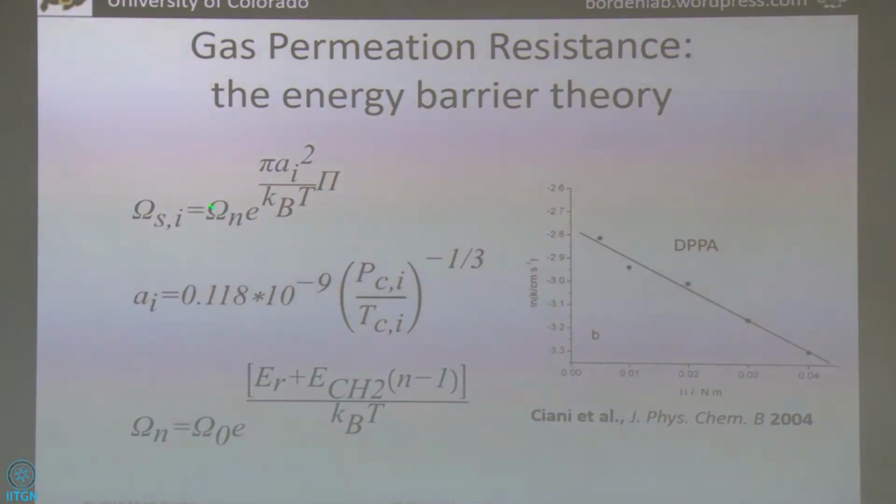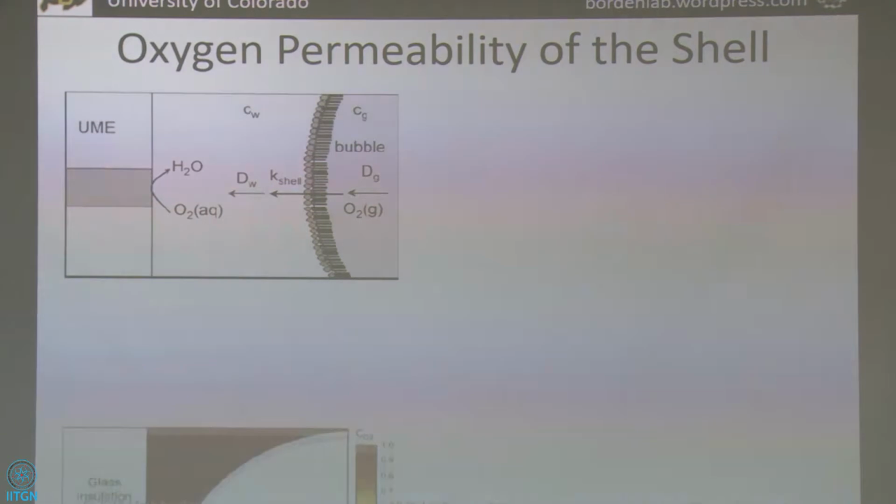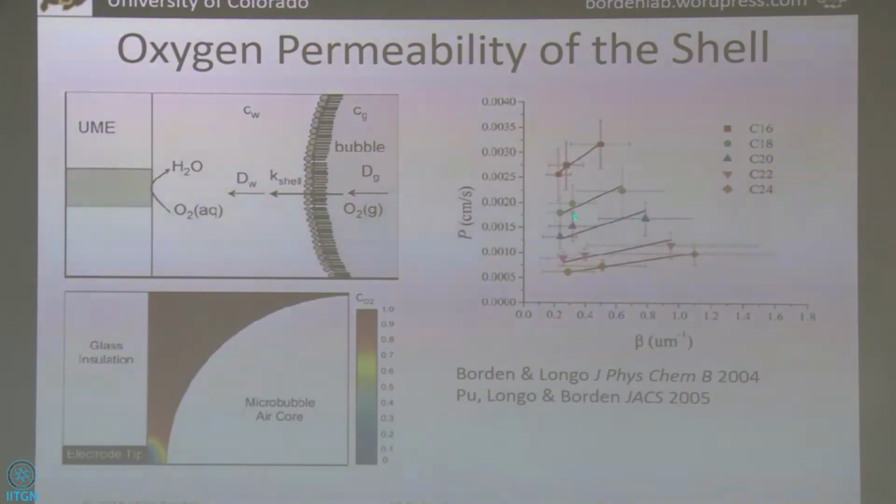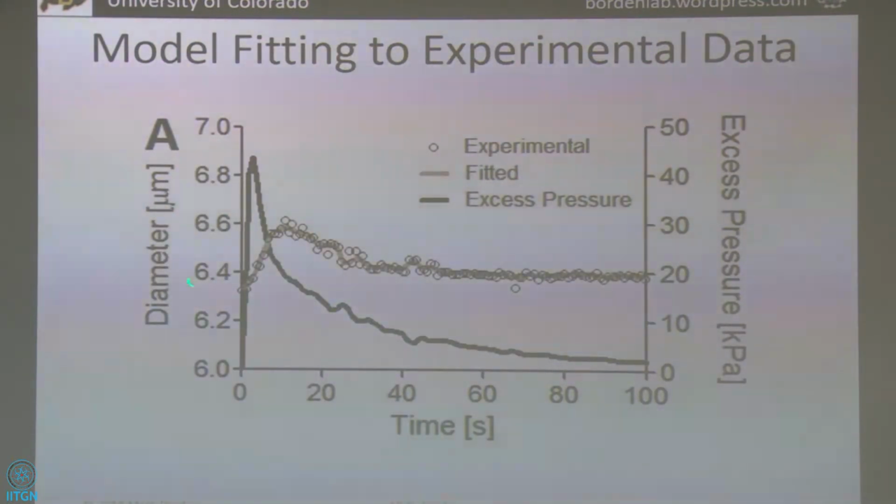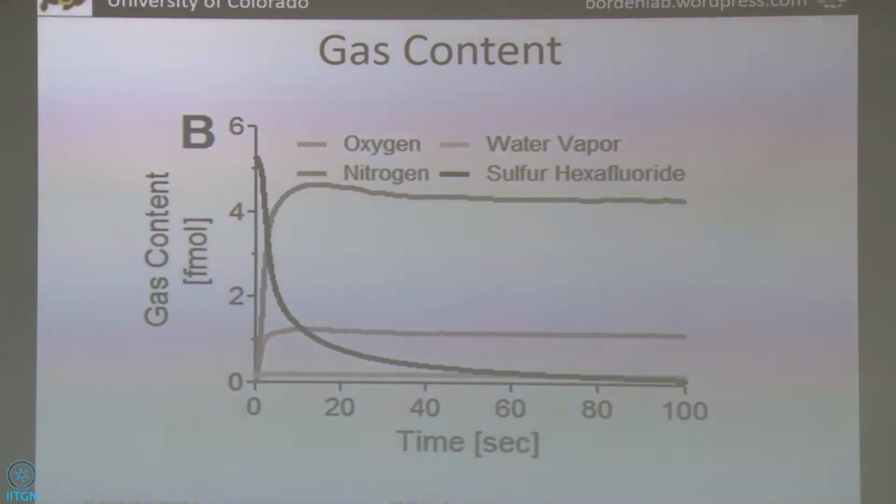So, there's also a prefactor that depends on the number of carbons per acyl chain. So we have that in there. This is also good. We know this function, basically. And because we've done these experiments with oxygen, we can use that as a basis for the other gases. So we can fit the model to the data. The data are the circles, and the model is the red. And then excess pressure is the fitting parameter, and from that we can extract